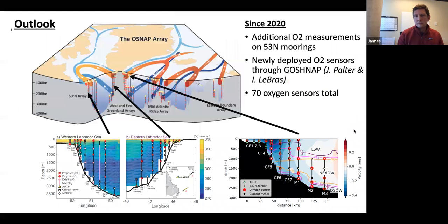And then one thing that will also help with getting the bigger picture is the fact that there are now a lot more oxygen measurements going on in the region than there were at the time of the data I'm using. So we've added more sensors to the 53 North moorings, and this top figure shows that the 53 North array is actually part of this much larger project